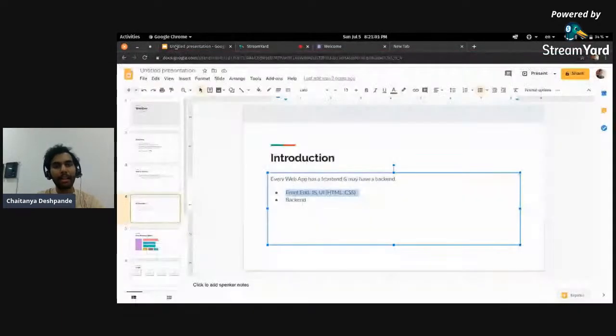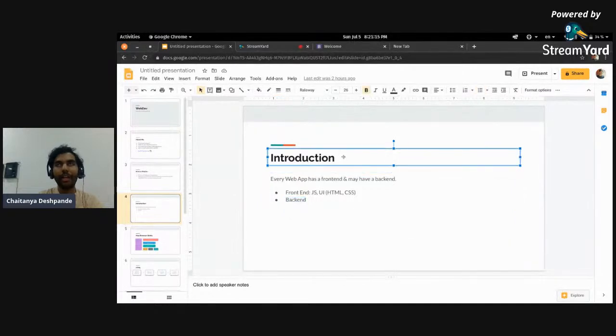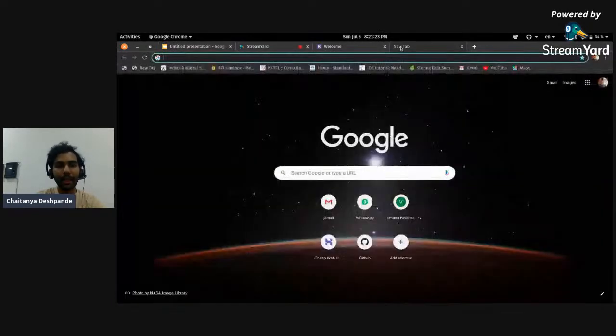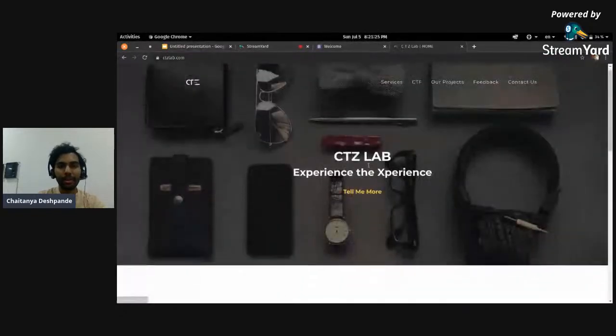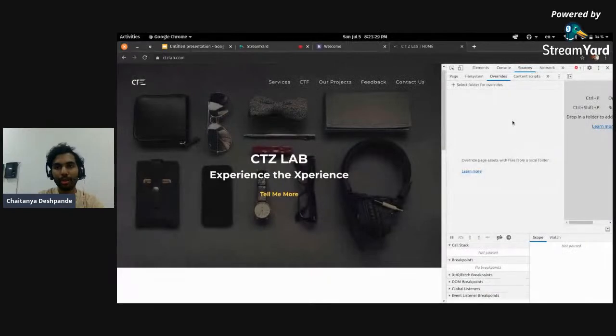Now coming back here, some of the web applications which are critical, which use certain business logic, which are performing certain tasks, they will also need a backend. Now backend is where all the magic happens, or it should be. Backend is the code which is not visible to users. So what I'm saying is, if you simply visit ctzlab.com, if you press F12 and you go to sources,